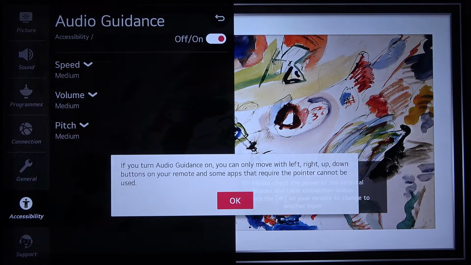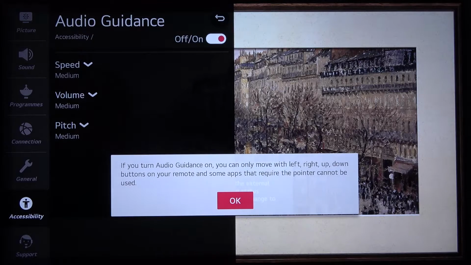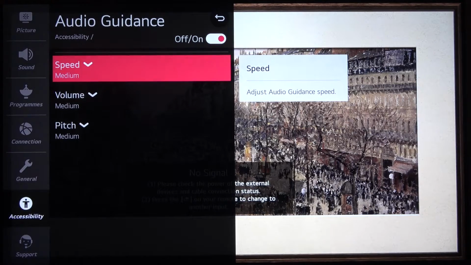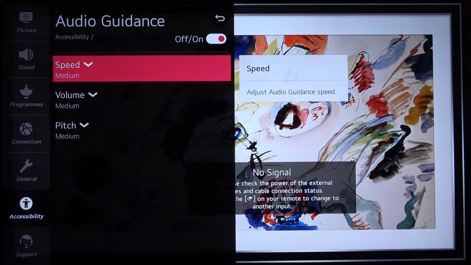If you turn audio guidance on, you can only move with the left, right, back, and down buttons on your remote, so apps that require the pointer cannot be used. Okay, so click OK to confirm. Audio guidance. And as you can hear, the audio guidance is turned on,